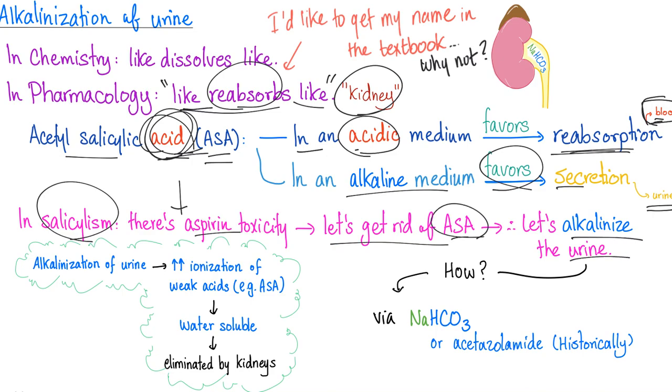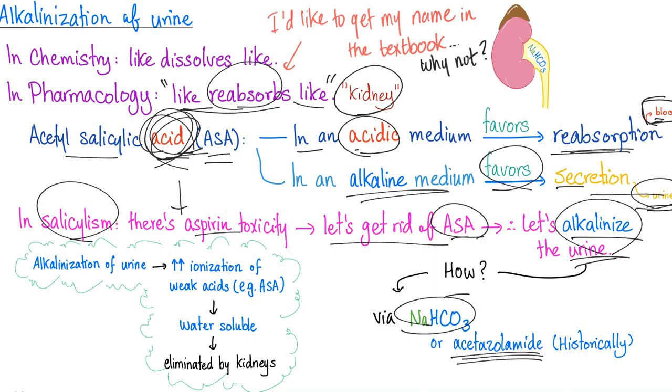By alkalinizing the urine. Why do you alkalinize the urine? To get rid of this acid in the urine. How do you alkalinize the urine? By using the great sodium bicarbonate, or historically we used to use acetazolamide, but this is historically, we don't